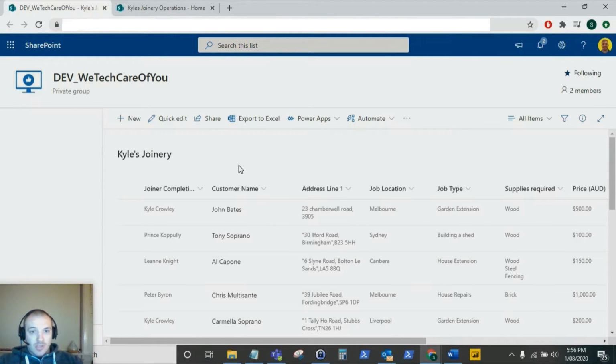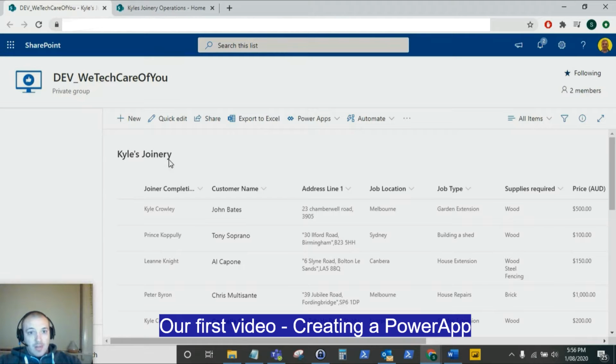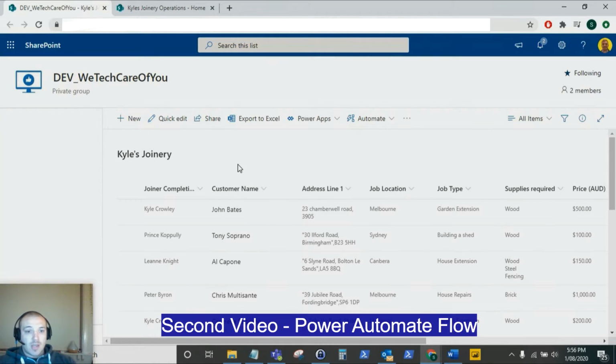Now, in the previous two videos, we created a Power App for Kyle's joinery, so when we're out on site, we can enter the new jobs into the Power App on a tablet, and that'll save to this SharePoint list. Then in the second video, we created a Power Automate flow from that data, so that anytime a new job's added, it'll send an email to the finance team